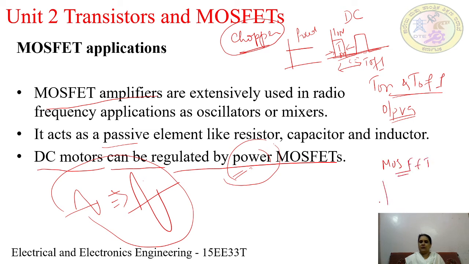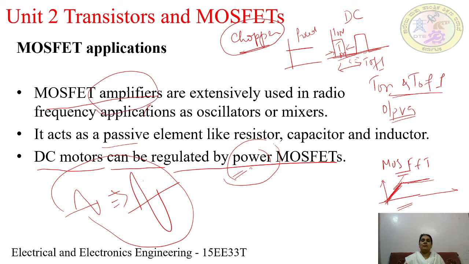Why? Because in the characteristics, it operates in the linear region and then it becomes constant. This is again the output characteristics. The characteristics are a very important parameter. They tell us the performance of the device, for which application, which type of the MOS IC we have to take. So this linear part, we are using it for the amplification purpose. Therefore, once we are talking of the amplification, we are using the MOSFET amplifiers.